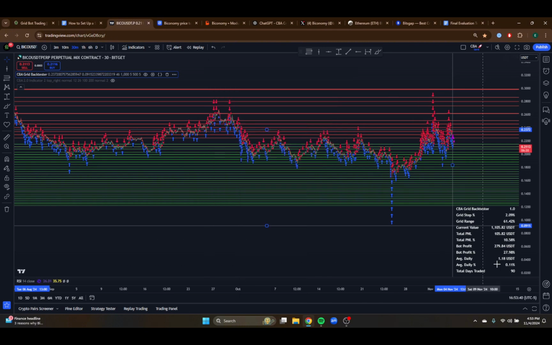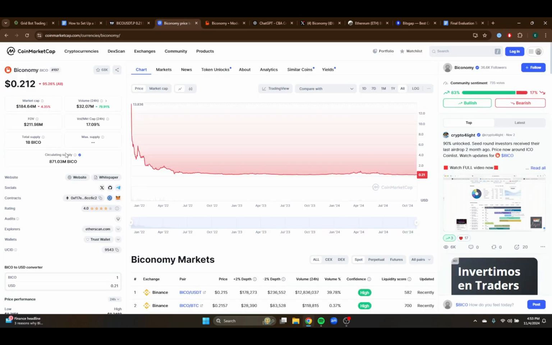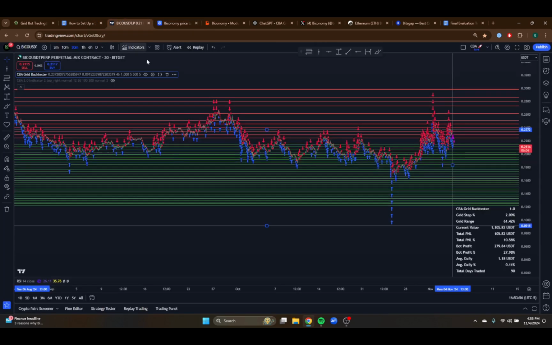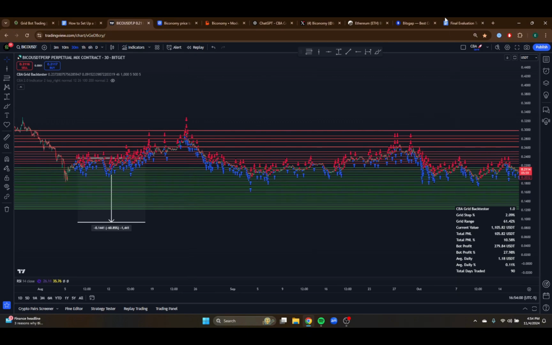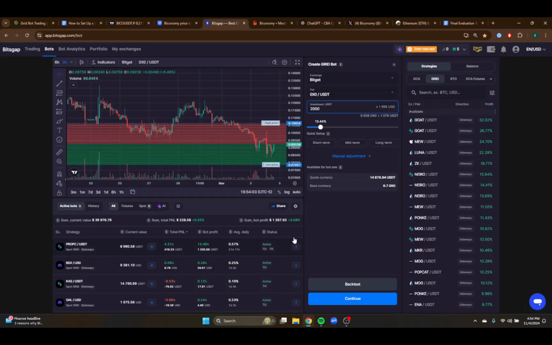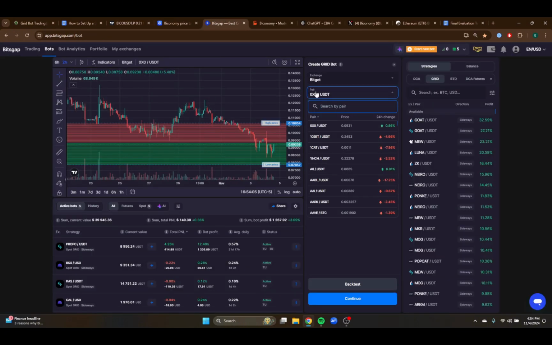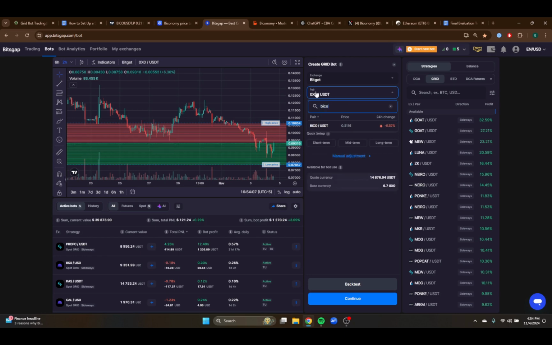So again, if this aligns to you and to what you're trying to achieve, amazing, set it up. If not, look for something else, maybe for something more volatile, maybe for something with a smaller market cap, so you can have more volatility. But if this actually is aligned to you, all you have to do left is come to Bitsgap, go to the cryptocurrency, you're going to be back setting up Bico,